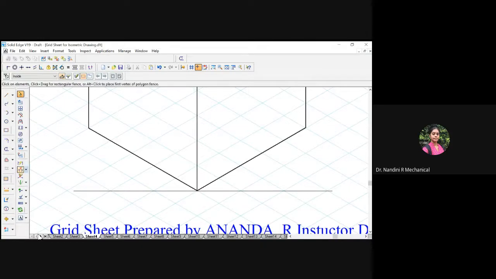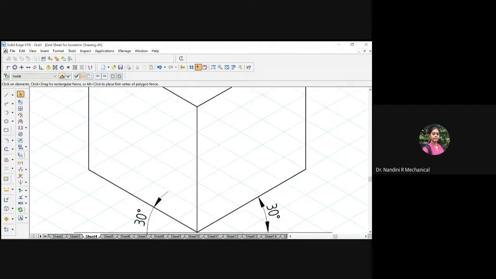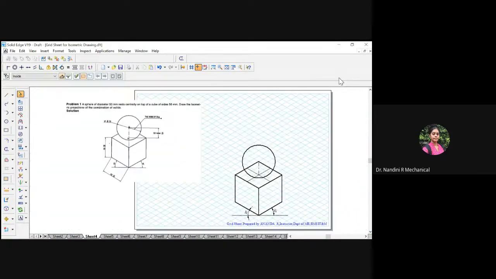Go for the angle between this line and this line, it is 30. And again the angle between, it will be 30. And then you can go for fit screen, right? So I'll be stopping here now.